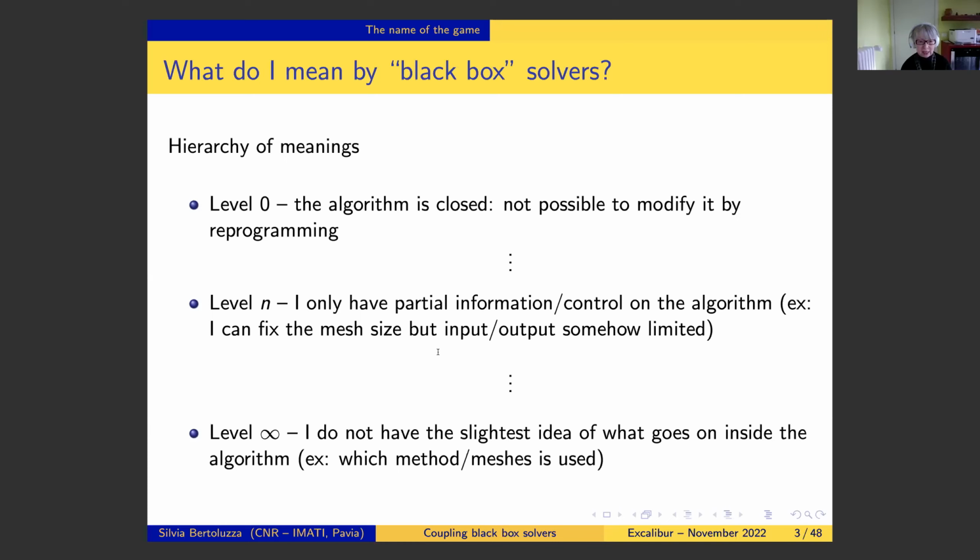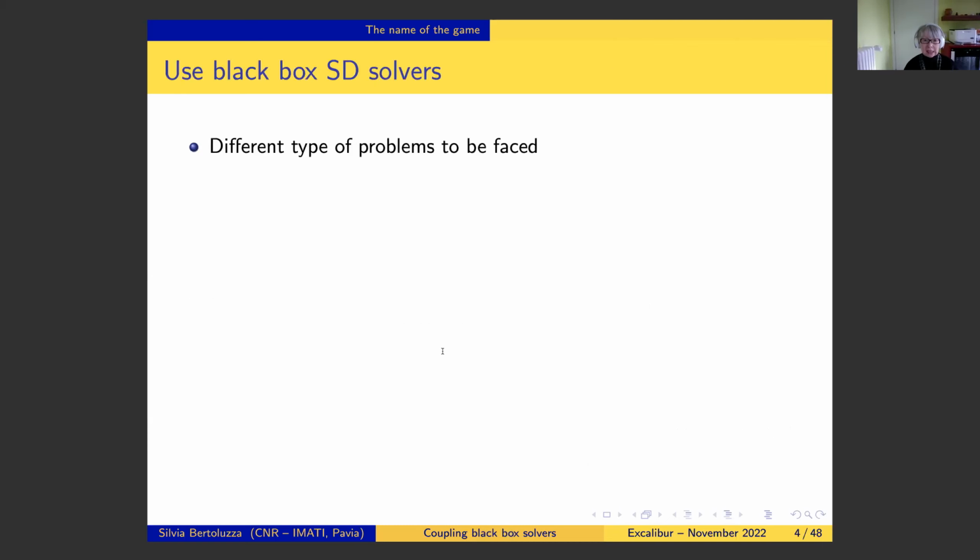So the idea that you don't have complete control of the algorithm inside the local solver is something that's really real. Okay. And when you want to use the local problem solvers as black boxes, there are different types